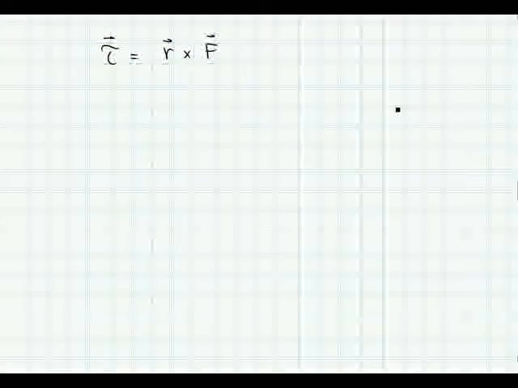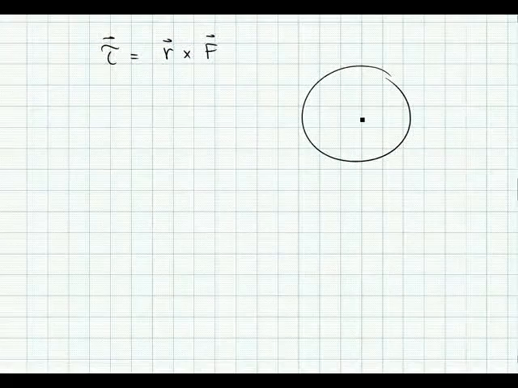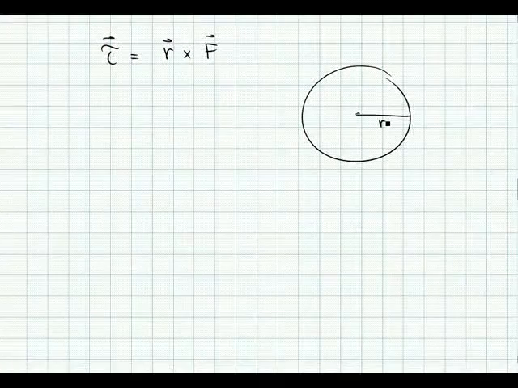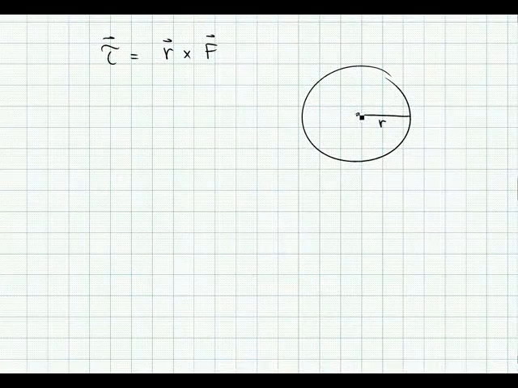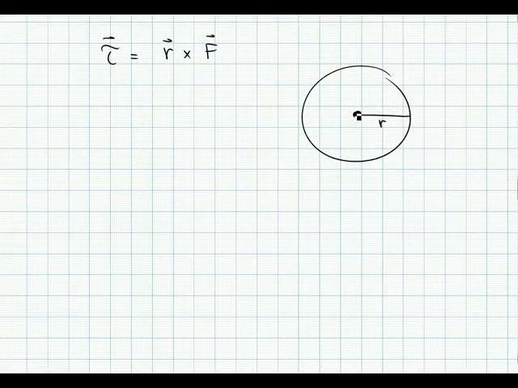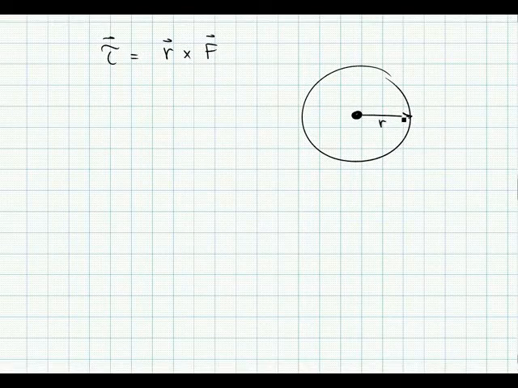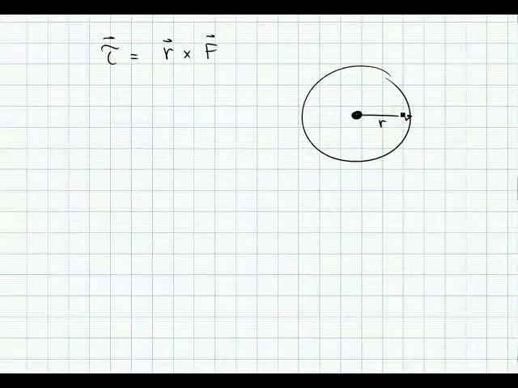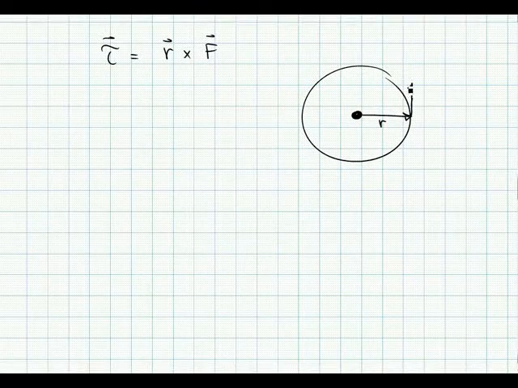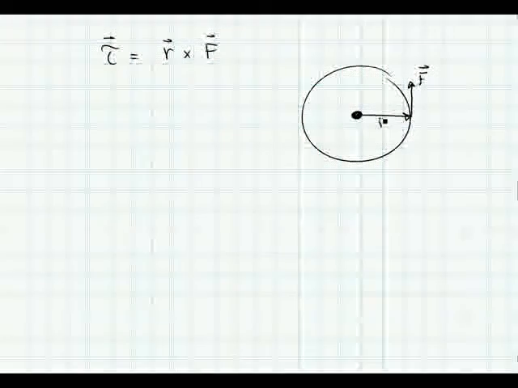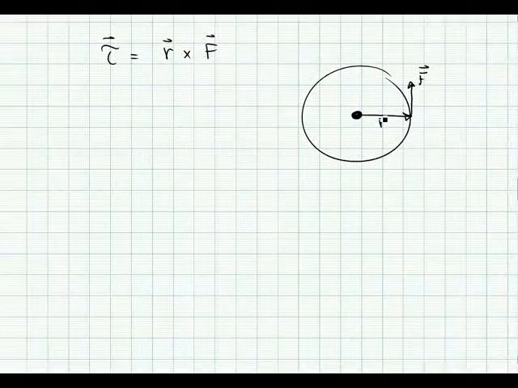So if you have moment arm length r, this is your rotation axis, the center of mass here. Moment arm is the vector from the rotation axis to where force is being applied. So here I have force F being applied,